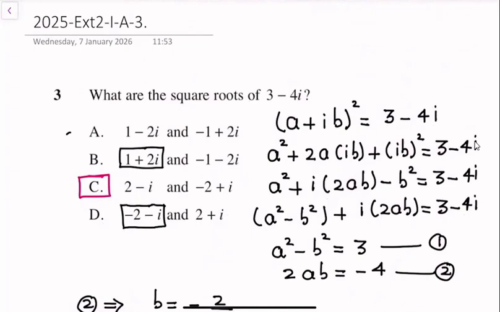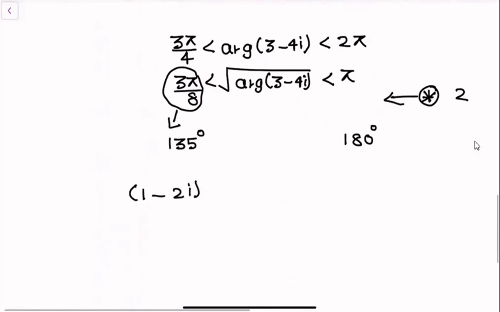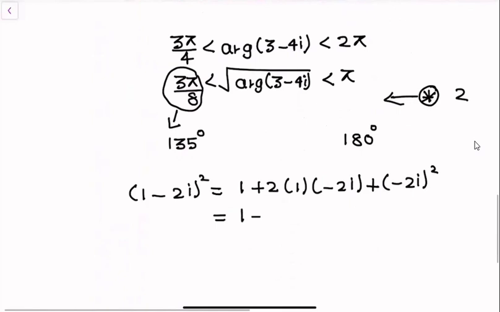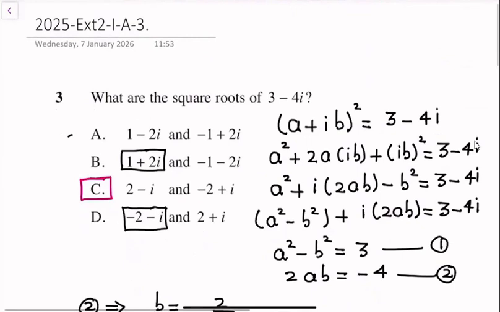Then if you just check one of the roots given in option A, 1 minus 2i, just square it. 1 plus 2 times 1 into minus 2i plus minus 2i square: 1 minus 4i plus 4i square, which is minus 1 minus 4 minus 4i. We end up with minus 3 minus 4i. But we need 3 minus 4i, so it can't be option A. Therefore,